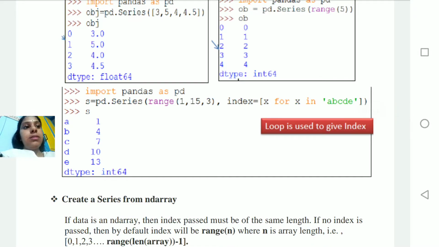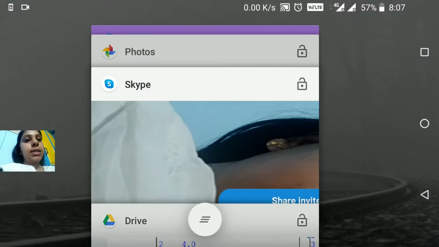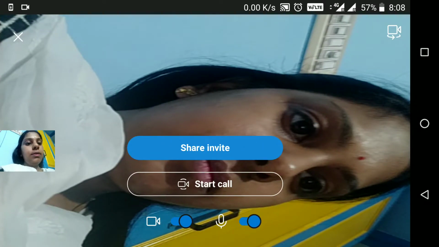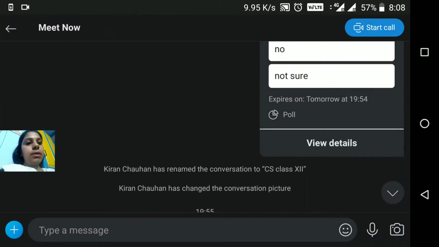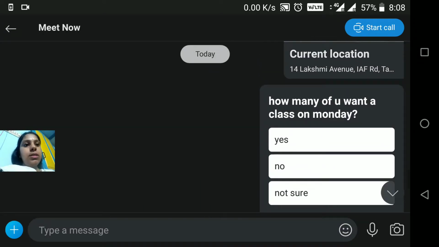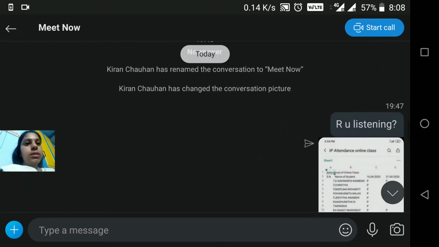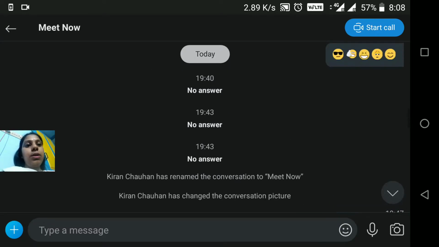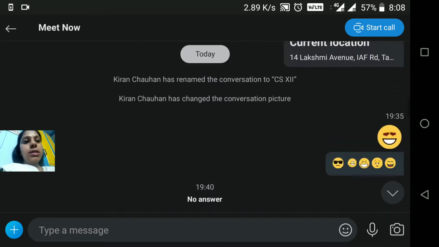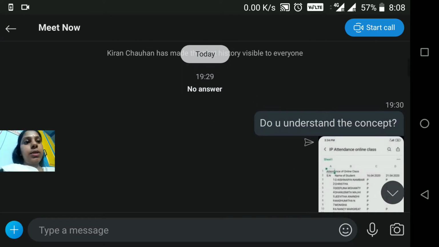So as soon as our topic is finished, we will go back to the Skype and then we will click on the back button. Now this is one of the features which I want to explain. You can end the call if you want and then click on the back button. Whatever you are seeing in this is a chat window of Skype. It is just like a WhatsApp chat window.